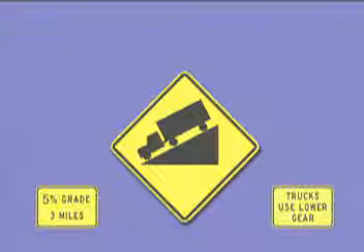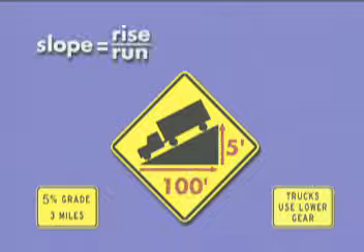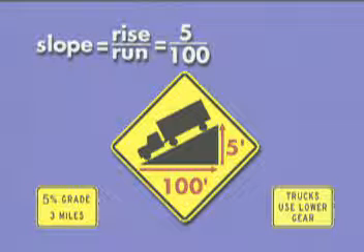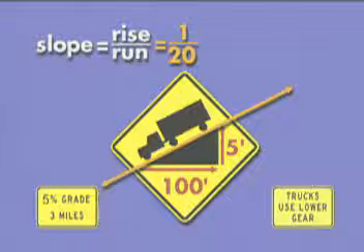This sign is a perfect example of a slope triangle. The rise is 5 and the run is 100. Slope is equal to rise over run. So the slope of a road with a 5% grade is equal to 5 over 100, which reduces to 1 over 20. Therefore, though it's not drawn to scale, the slope of the line representing this road is equal to